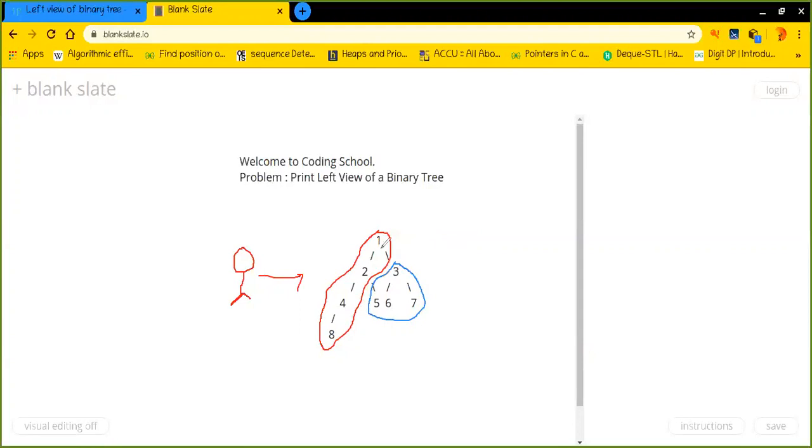Let's say I'm going down all the way right here. When it finds this particular node, it will print 1. When it encounters 2, it will print 2. And when 4, it will print 4. When it encounters 8, it will print 8. Up to here, that is okay.